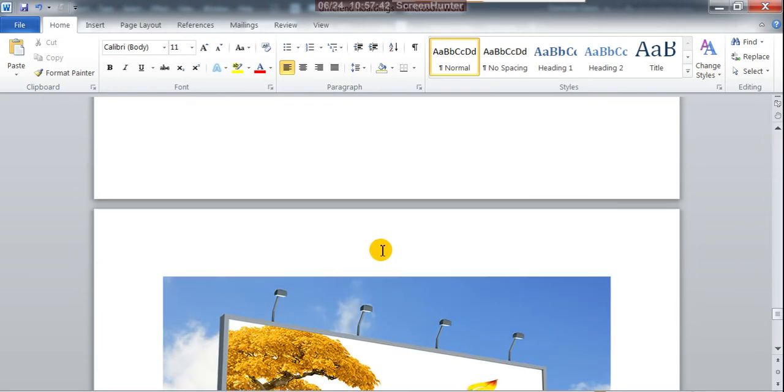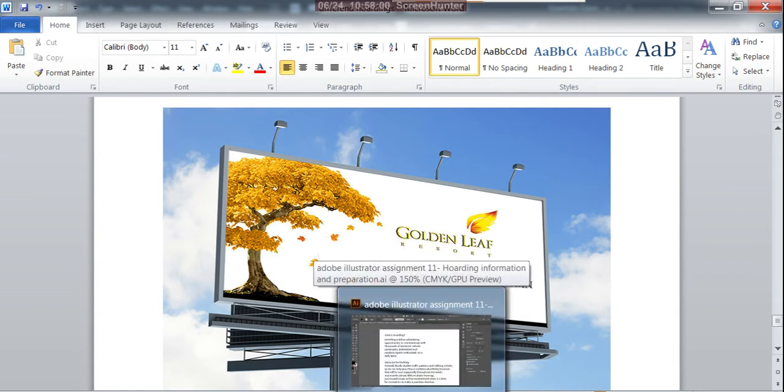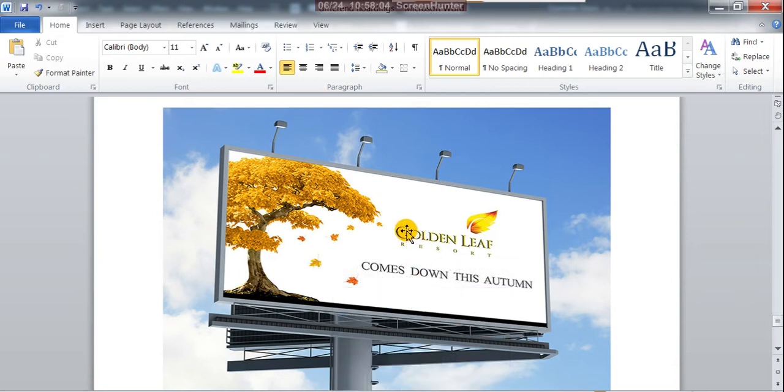So how do you design your hoarding, the preparation for the hoarding, because hoardings are very big in size? You can use Adobe Illustrator, because it is a vector based program. You can type the text big and enlarge it to that size.